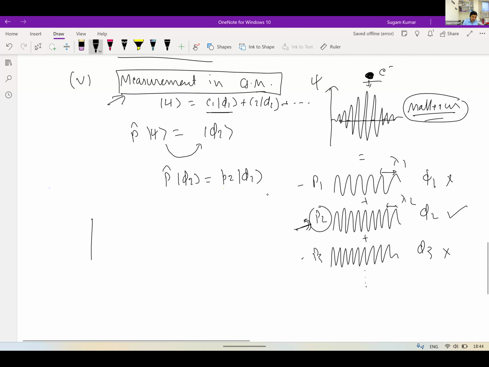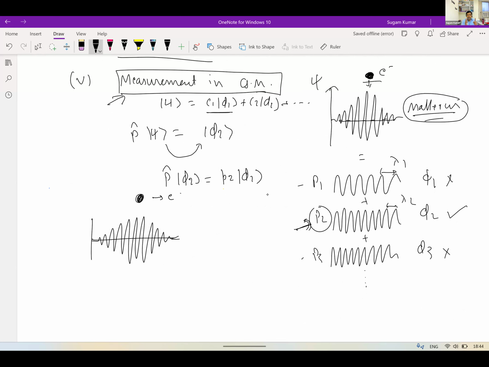Think about it the other way around. When you say this is the wave packet of an electron, when the electron behaves like a particle, it has some dimension, but when it behaves like a wave, the wave has a certain extension in space, let us say from x1 to x2. If you try to say where the electron is, you can't say it is here, here, here. The electron is everywhere from x1 to x2.